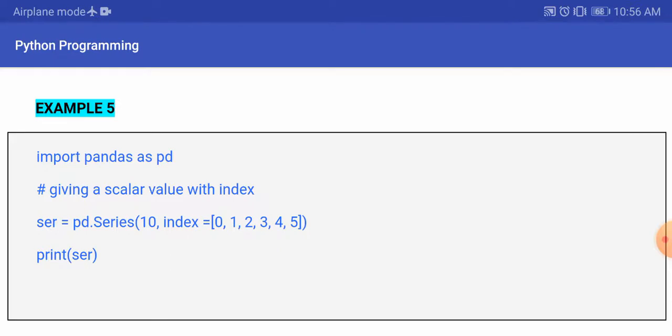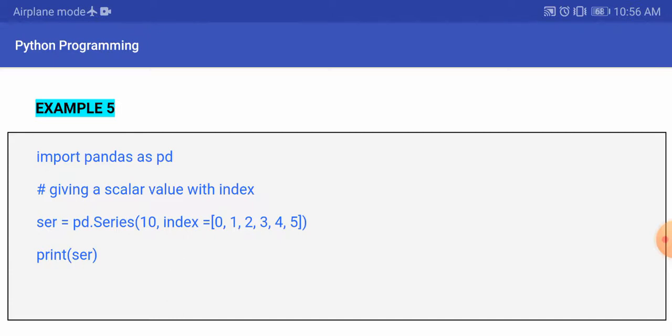This 10 is the scalar value, and we need to replicate or duplicate it multiple times. How many times depends upon how many index values you have given. In index you are passing 0, 1, 2, 3, 4 and 5. That means you have 6 items in the index.